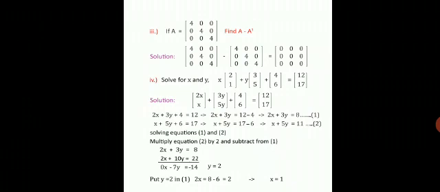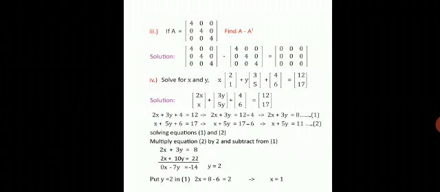We get, keep the first equation as it is, 2x plus 3y is equals to 8, and the second equation becomes 2x plus 10y is equals to 22. We have multiplied the second equation by 2 so that 2x and 2x get cancelled, and we get the value of y easily. So now 2x will get cancelled, and 3 plus of minus 10 becomes minus 7y, which is equals to 8 minus 22, that is minus 14.